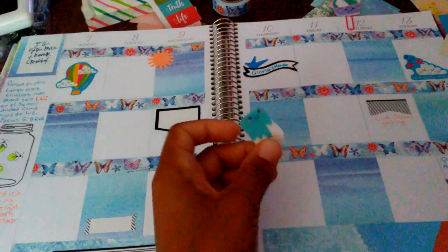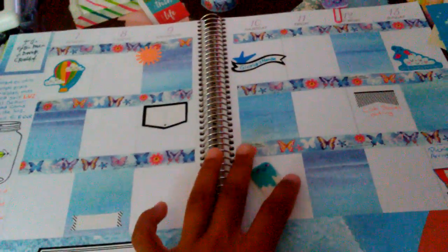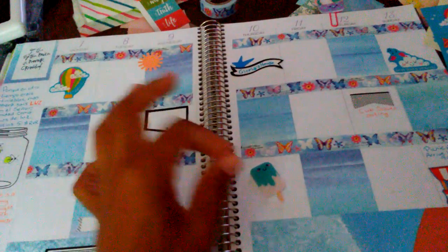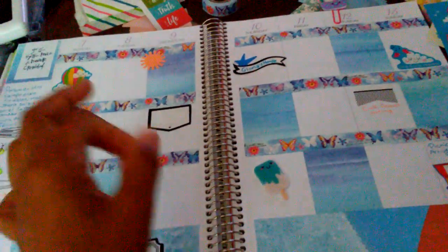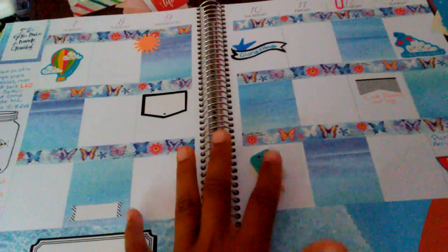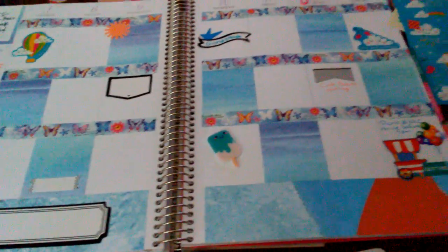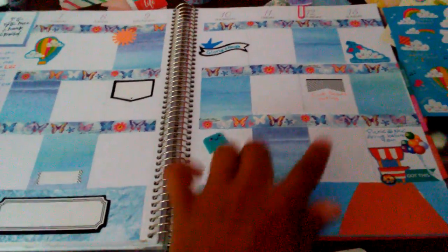And as for this little popsicle right here, it's super cute, you guys, but I don't know if I'm gonna leave it here because I don't want to have bumpy writing once I turn the page and try to write something there. So I'm undecided, but I am leaning more towards leaving it there because I just really like it. This whole paper thing,